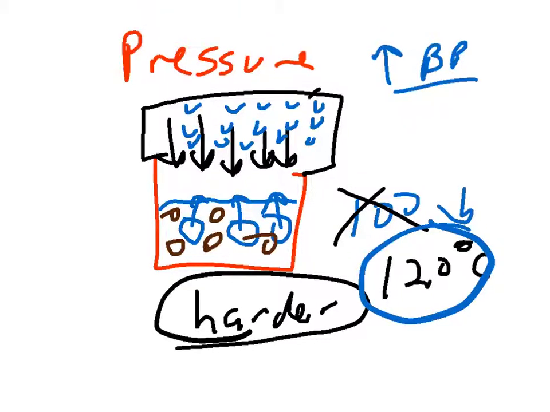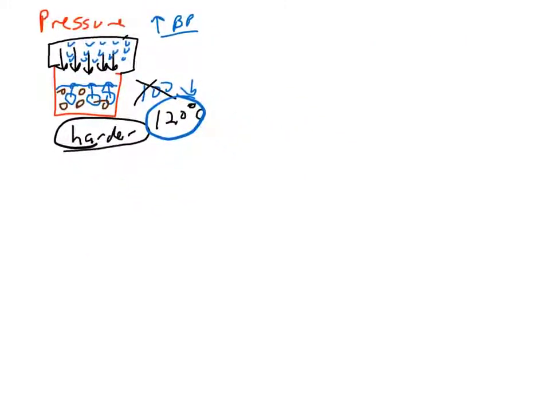So, just a little analogy here. If you live at the ocean, we would call that 1 atmosphere of pressure from the air. And if you climbed a mountain,